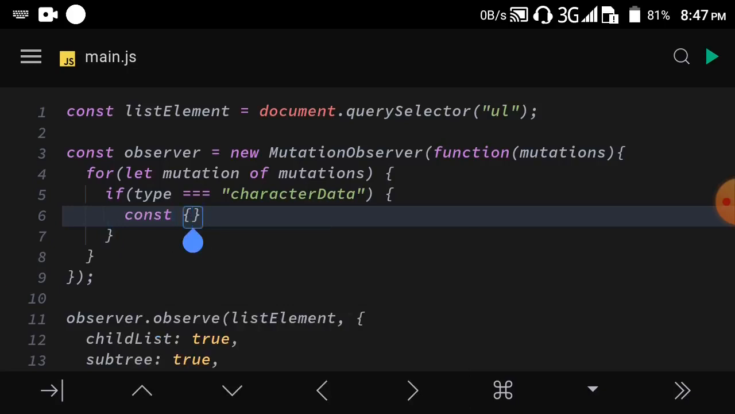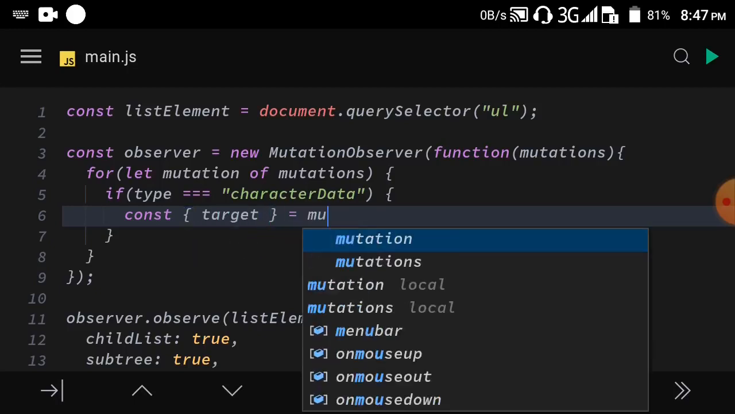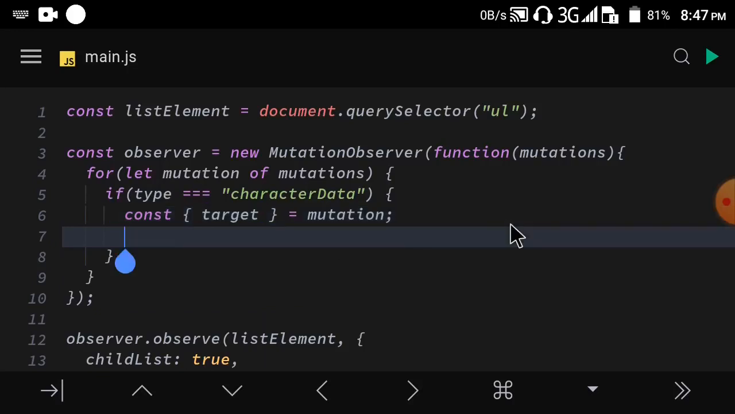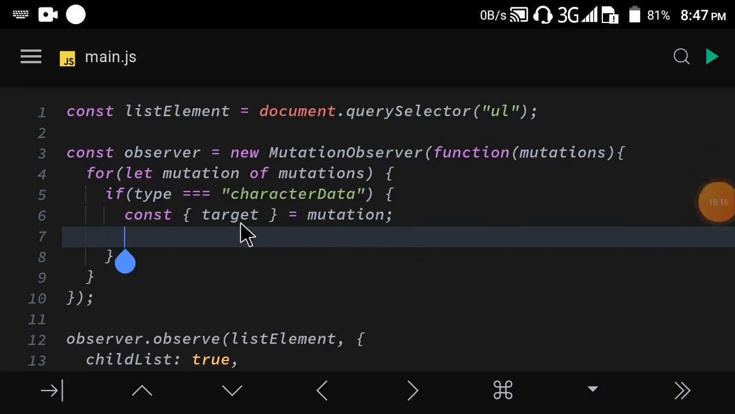So const, then I can just say target is equal to mutation. I also explained this in the tutorial, but basically this is called object destructuring. The target variable is going to take the value of mutation.target like that, and after that we want to check if the current value inside the target, which is the text node,